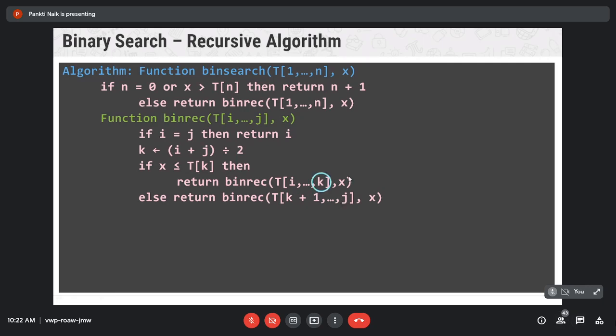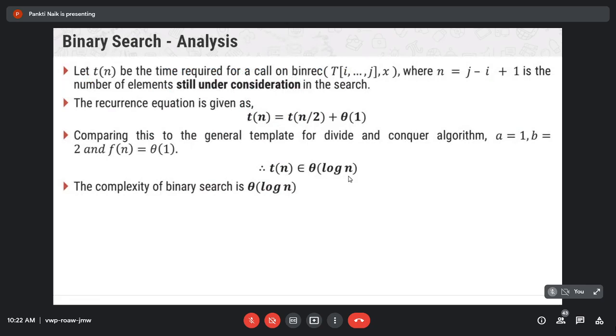So let us understand binary search analysis, right? So again, for this you require the master theorem explanation, right? Just right now we go through it, then we will understand it in detail after you complete your second chapter, right? So the recurrence equation for this